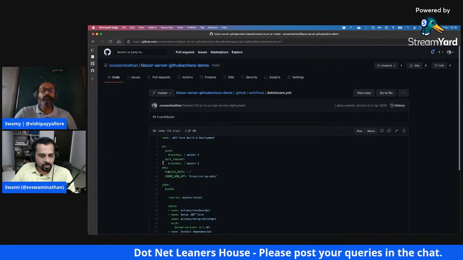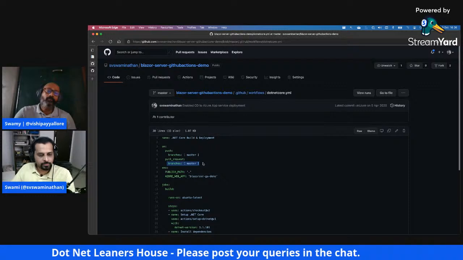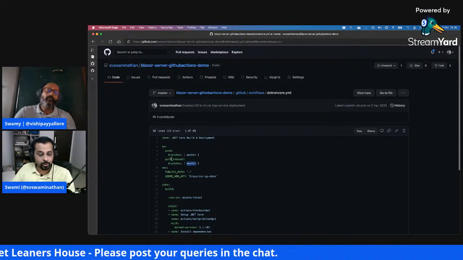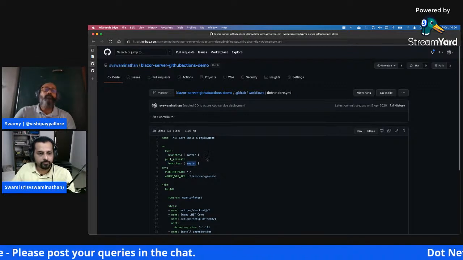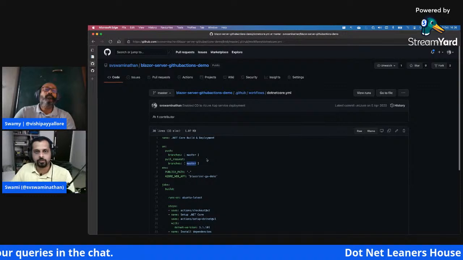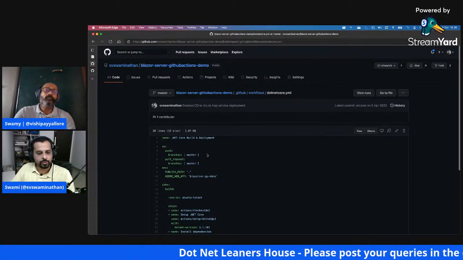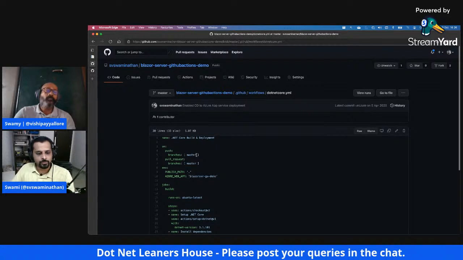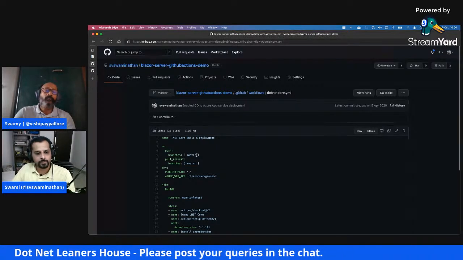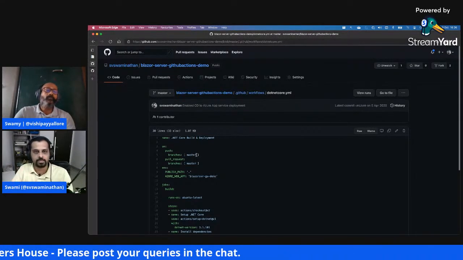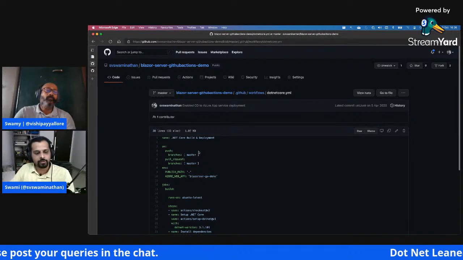We've also said a pull request to the master branch triggers it. If you create any other branch, like feature slash whatever, and push to that branch, this build will not run because we have not added that. So what you typically do is master comma feature slash star, or whatever you would specify, so that it honors all of your feature branches. So definitely branch-based builds are very much possible here as well.